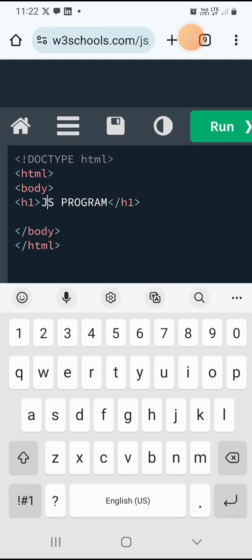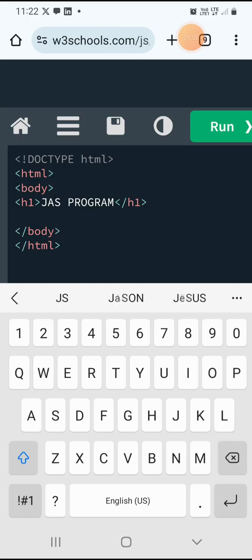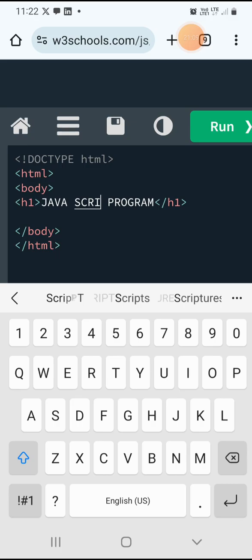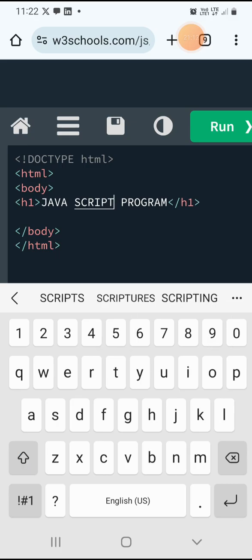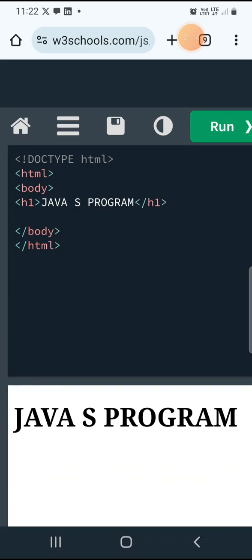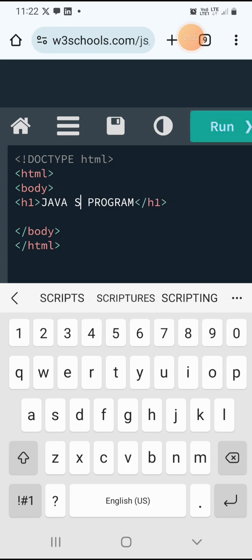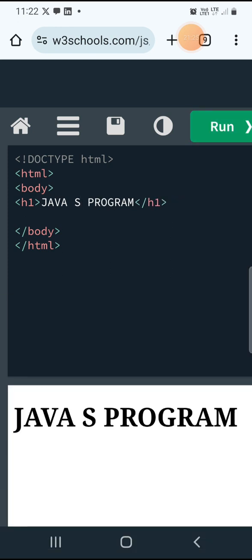If you want to change this to JavaScript, okay, now whenever you run this, you will see JavaScript program. Whatever content you want to get displayed on the screen, that will